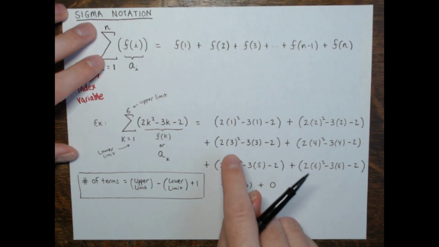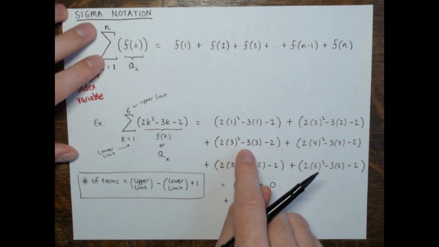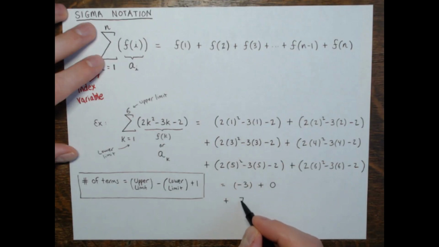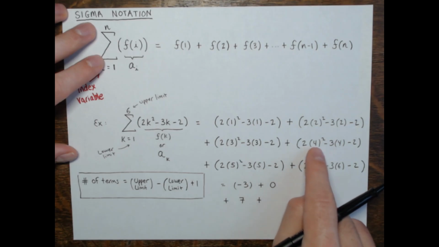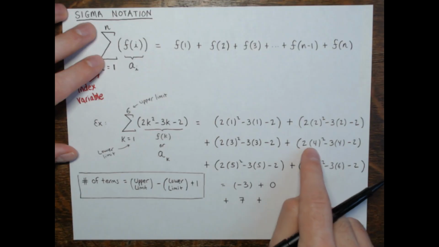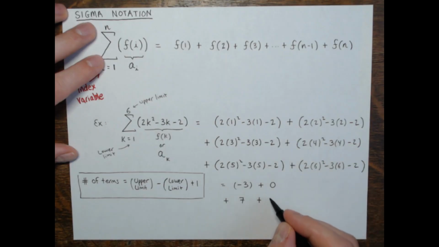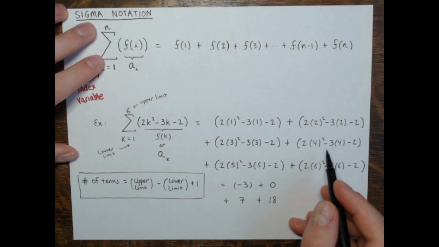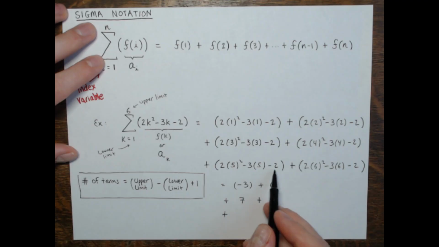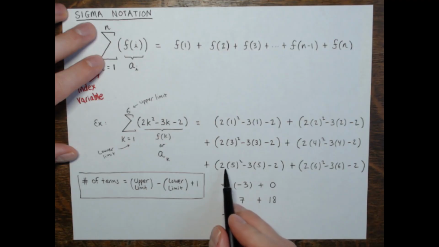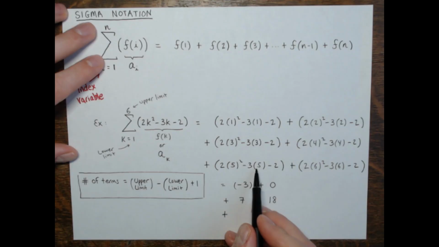Then plus, and then 9, 18 minus 9 is 9, minus 2 is 7, plus, and then 16, times 2 is 32, minus 12 is 20, minus 2 is 18, right? So this term is 18, plus, and then this term, 50, right? 5 squared is 25, times 2 is 50, minus 15 would be 35, minus 2 is 33, and then finally